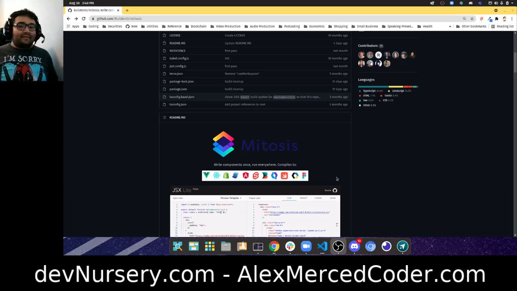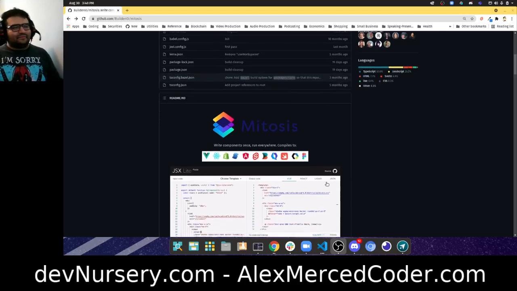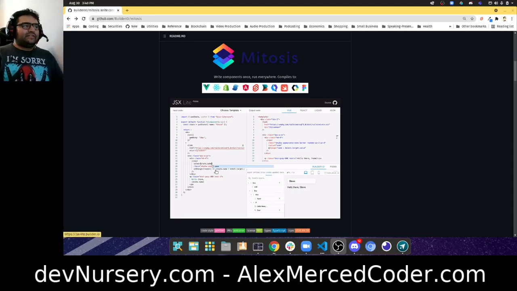But it can compile to web components. It allows you to compile to many targets. So instead of trying to force a web component to work in React, you just compile a React component, or you just compile an Angular component, and you can just use it in that framework. And on top of it, it allows you to create components for Swift for mobile apps, React Native for mobile apps. And what's really exciting about this is that it uses this syntax called JSX Lite, which